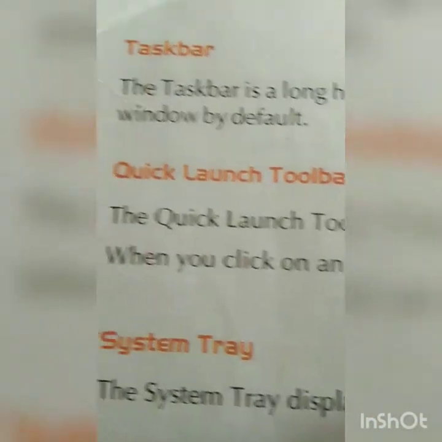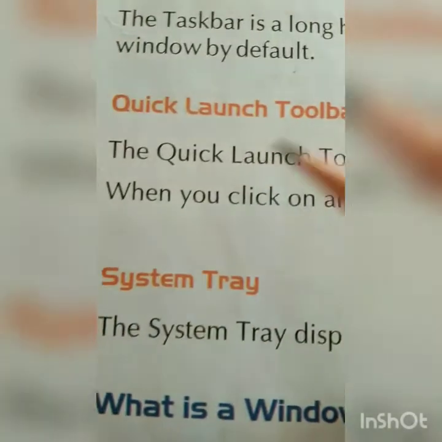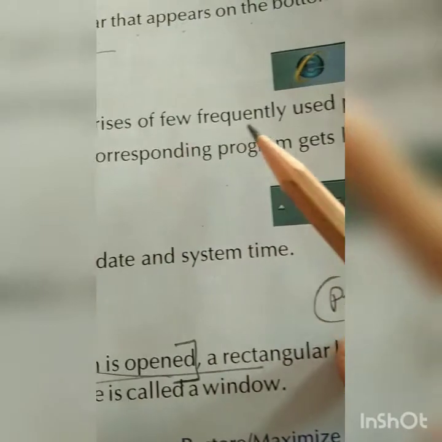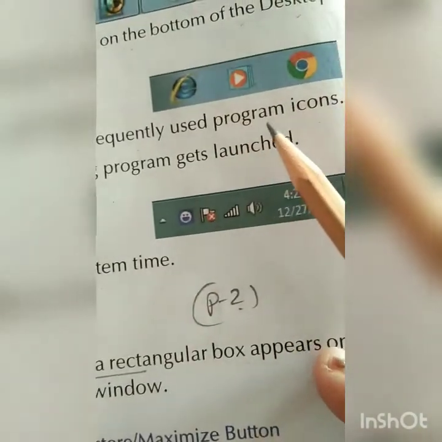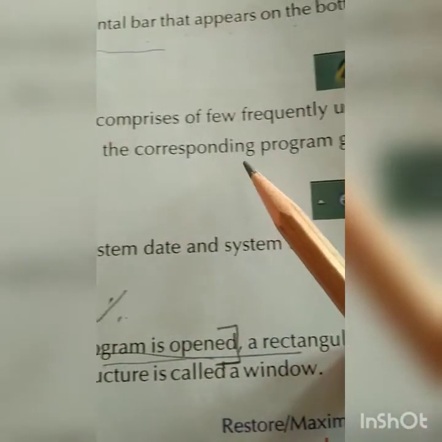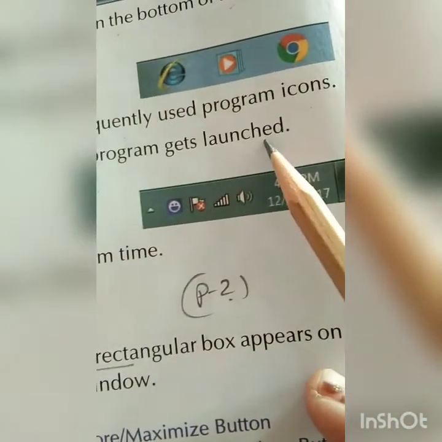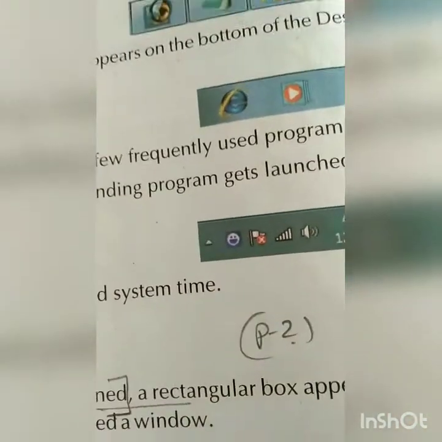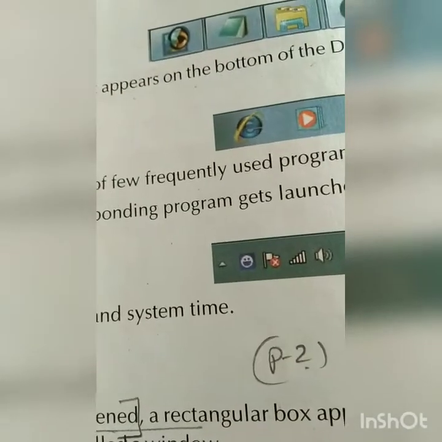Next is the quick launch toolbar, which comprises a few frequently used program icons. When you click on an icon, the corresponding program gets launched. You can open your previous programs from here also.